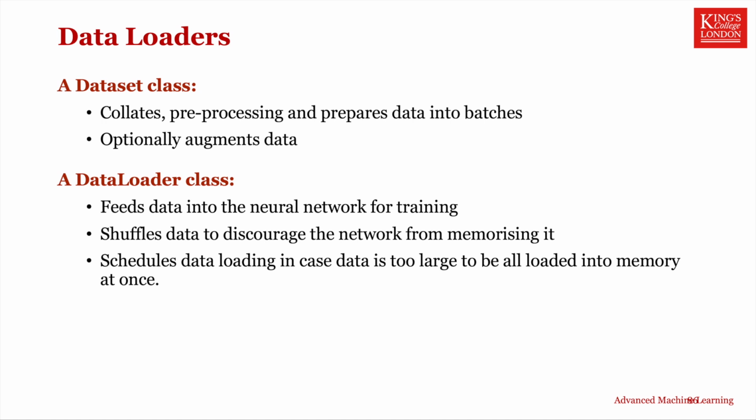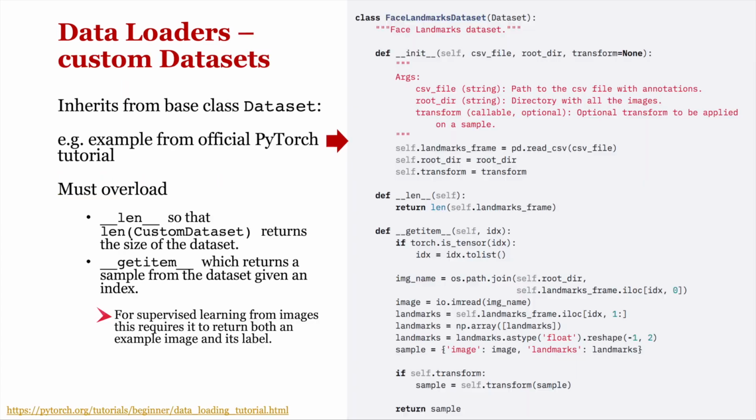Once we have the data prepared, however, we need to feed it into the network, and this is the role of the DataLoader. It supports continuous shuffling of the data to prevent memorization and can schedule data loading in case the whole dataset is too large to hold in memory in one go. Therefore, for each new network, you need to create your own Dataset class, which will inherit from the template class provided by PyTorch. This must overload the base class functions len